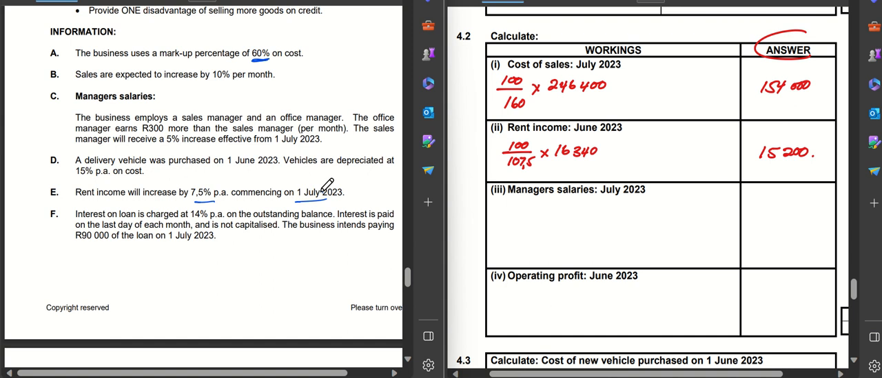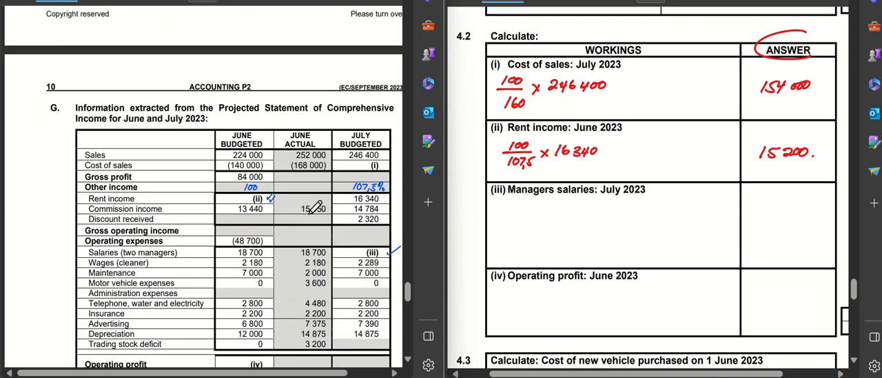All right. So let's take into consideration that there are two managers who are employed. The office manager earns 300 more than the sales manager per month. So we would come to what they're earning, which is your 18,700. Then we will take out the difference between the two, which is your 300. So you say 18.7 minus the 300, and then it will give you your amount, which is your